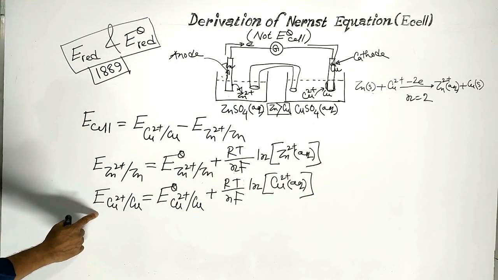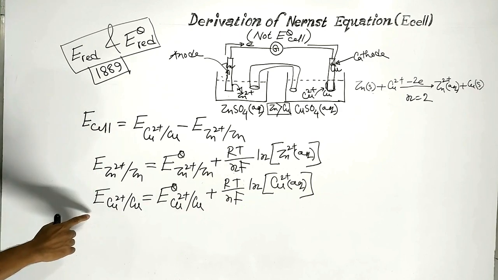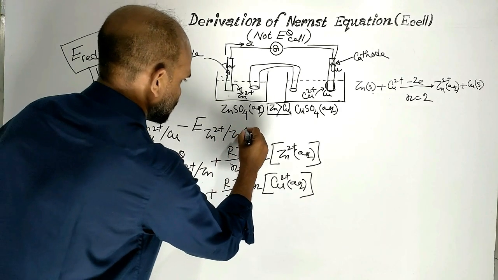This is the relation established by German chemist Walther Hermann Nernst in the year 1889. This is the relation. Now, let us put